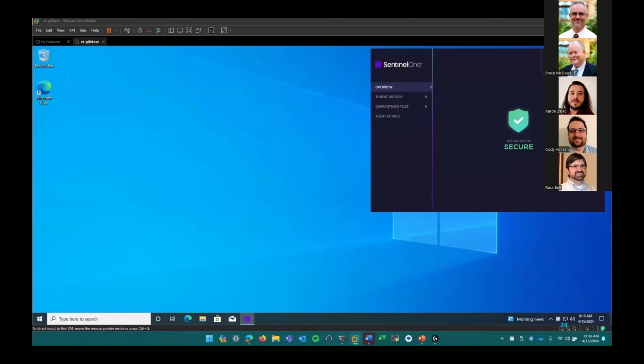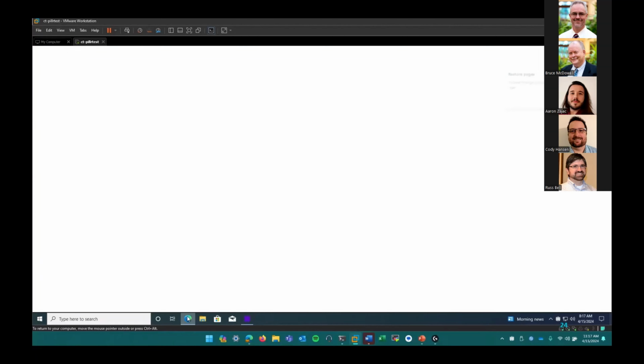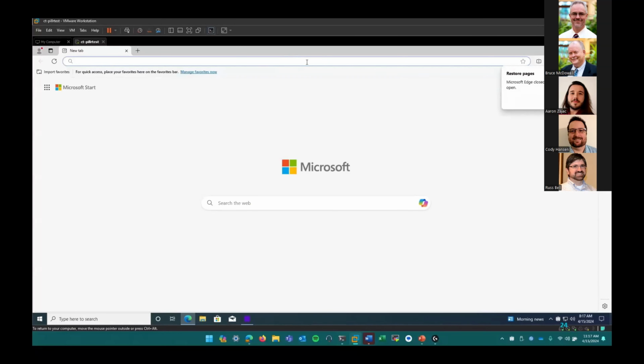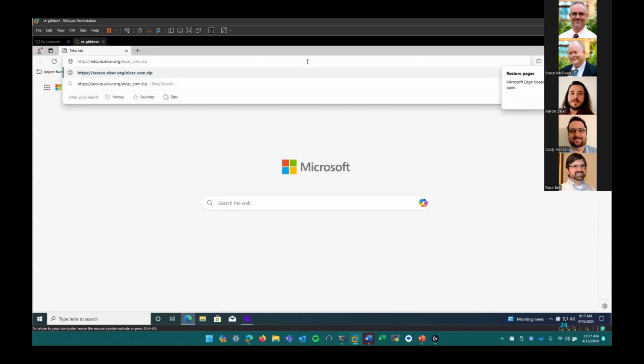So now here is a demo of how SentinelOne and Pillar will interact with each other in that bidirectional manner like I discussed earlier. This is just a Windows test VM. The first thing I'm going to do is download the EICAR test file. It's not a malicious software. However, it's something that all antiviruses and